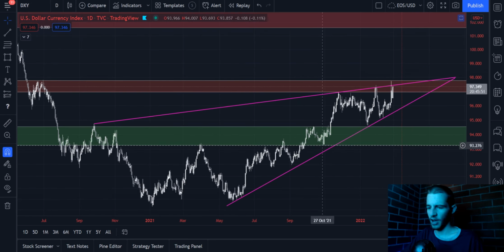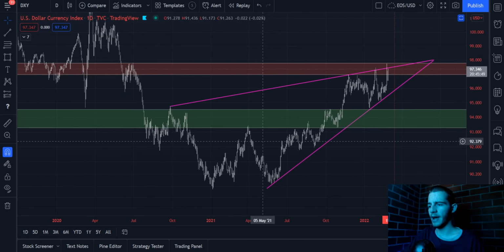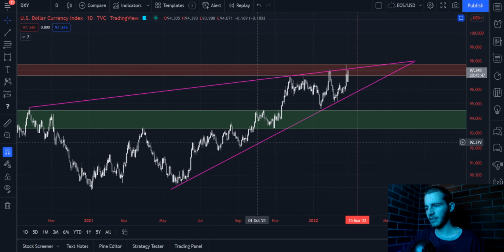Although TA is kind of irrelevant with things like this, it does work to a certain extent, and I would be bullish after a macro double bottom on the DXY. And seeing as I'm bullish on the DXY, I think the DXY is going to go up. It's not that easy to say, though, because there are a lot of events you need to take into account. But the point is, it looks generally bullish.